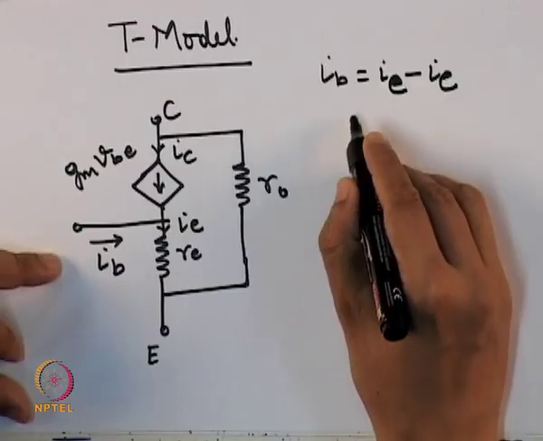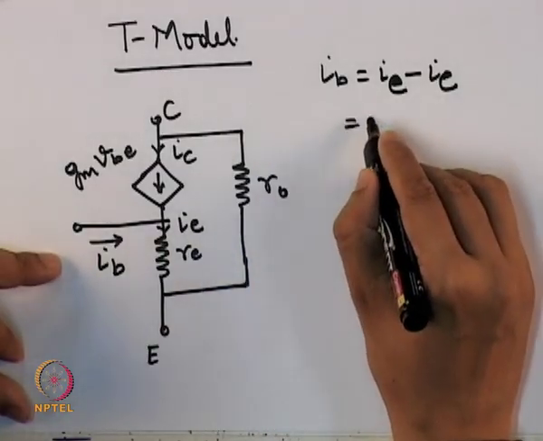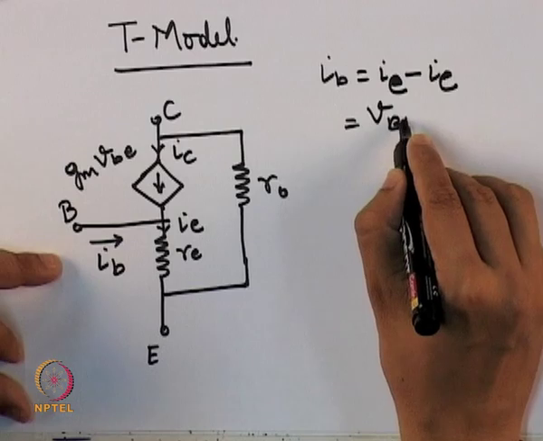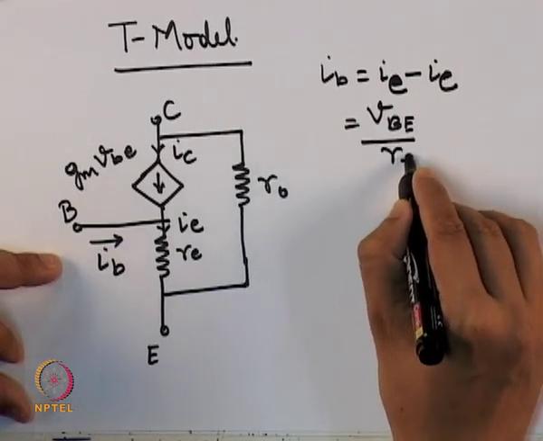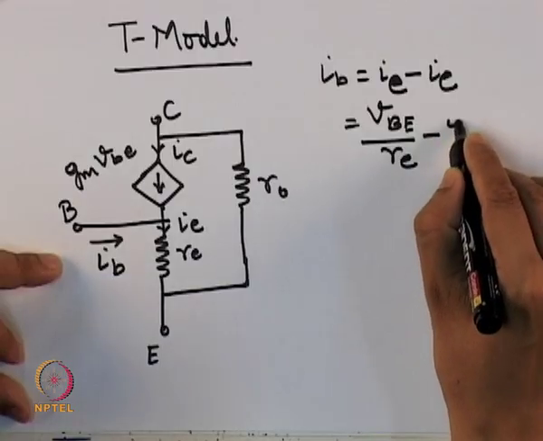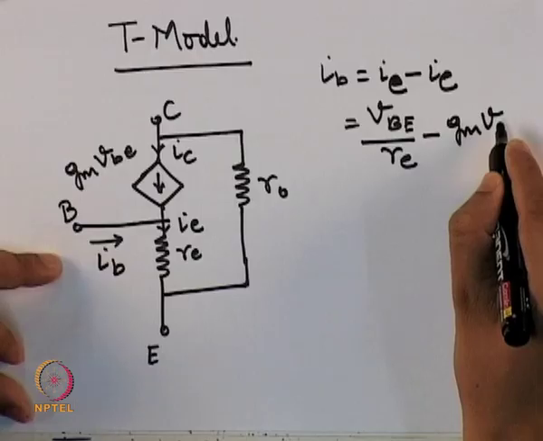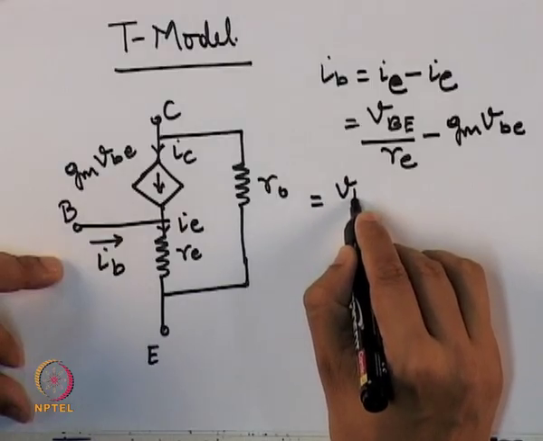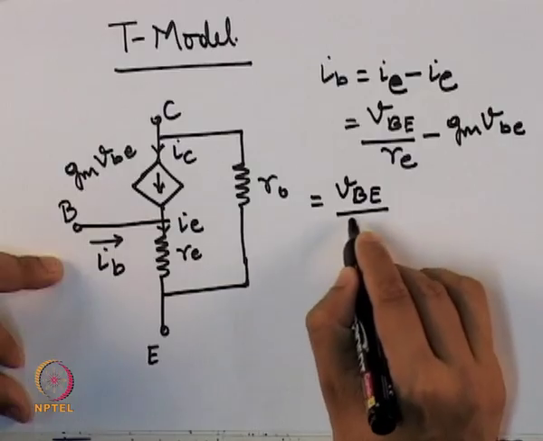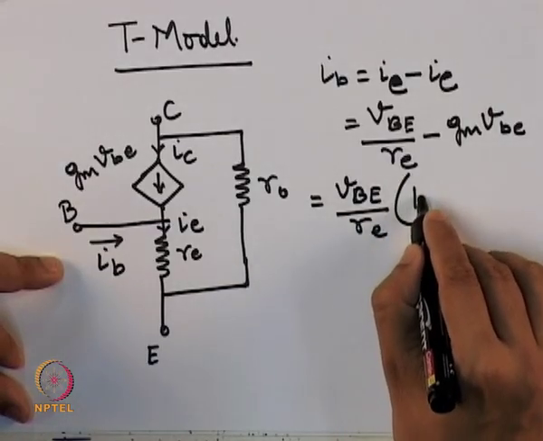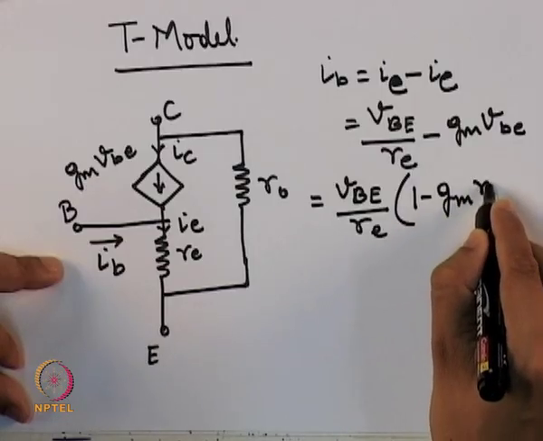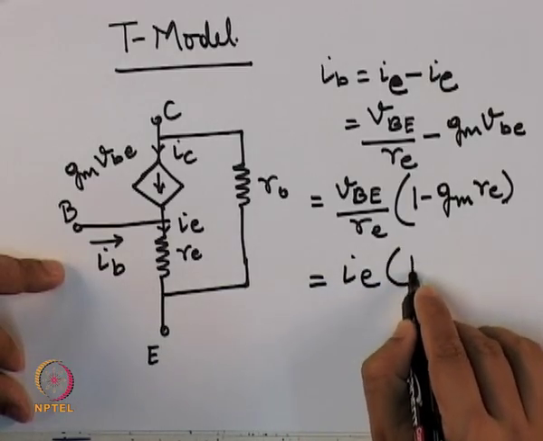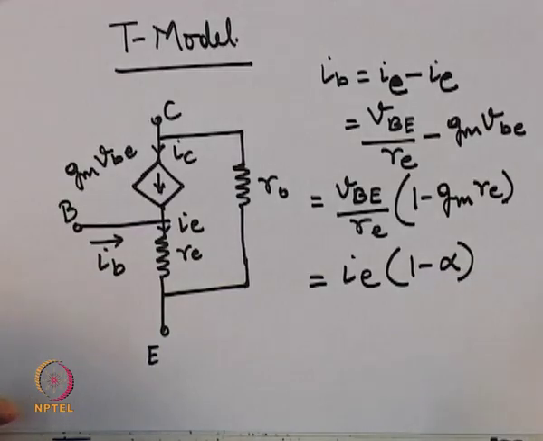And I e is given by V b e upon R e, and I c is given by G m times V b e. So, this whole comes out to be V b e upon R e multiplied by 1 minus G m R e, and this is of the form I e multiplied by 1 minus alpha,